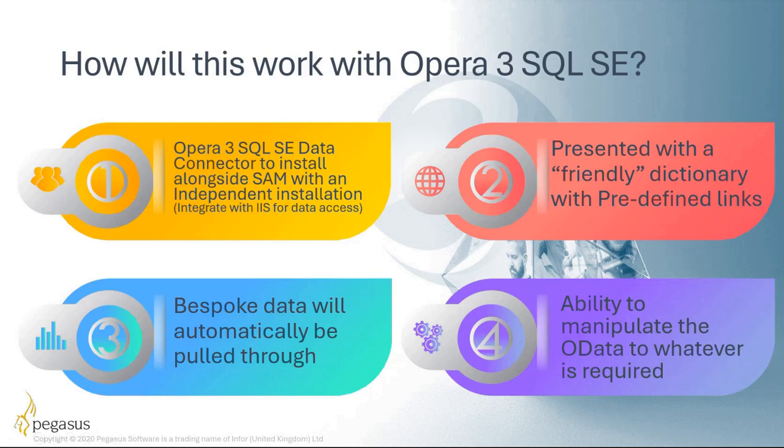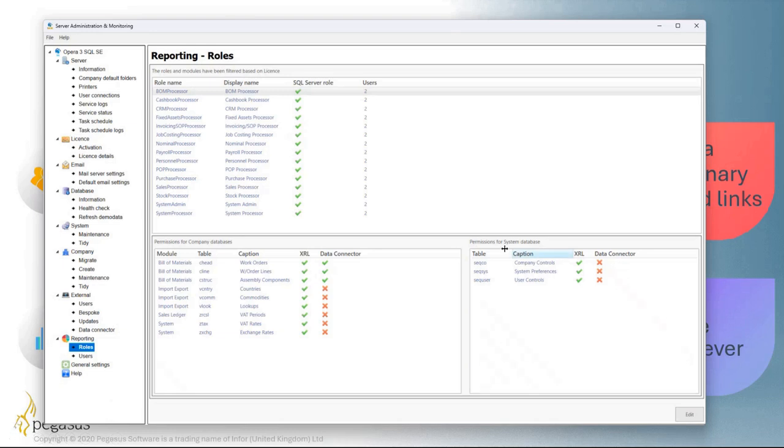So how's it going to work with SQL SE? It's installed alongside something called SAM, uses IIS for data access. Now, if you don't know what SAM is, our server administration and monitoring software, it's a core hub for everything that controls your SE. I will show you a little bit and just show you something to do with Data Connector. So if I load up, this is SAM. May or may not have seen this, and I'm not going to go into much of it, but just a